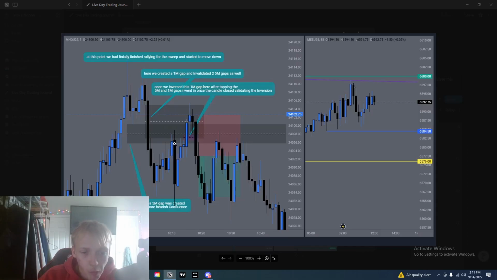So I waited for price to tap up to here, because when I got here, I saw this, but I was waiting for the next candle to see if it would make a gap or anything, and it just immediately did this, and I was like, yeah, no, we're gonna tap back in. So we did, and then boom, this candle right here. After this one, we closed. We just made displacement out of this gap, and we also inversed this in the same move. So that was my confirmation.